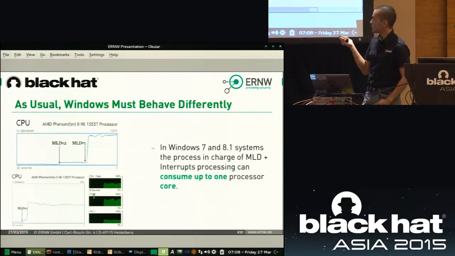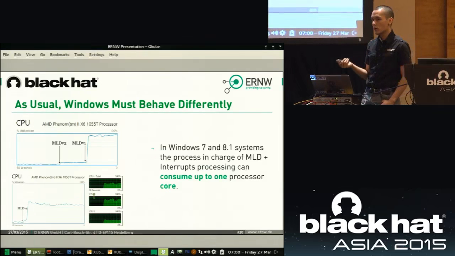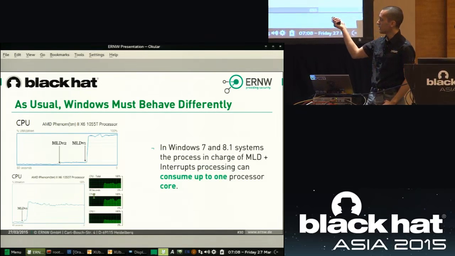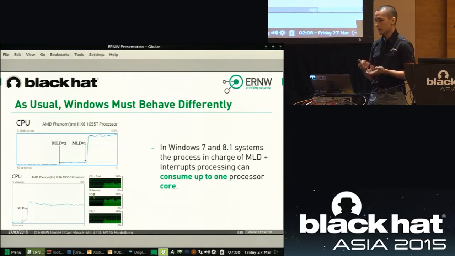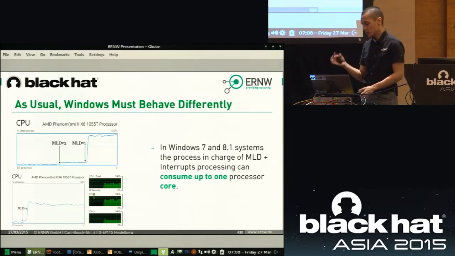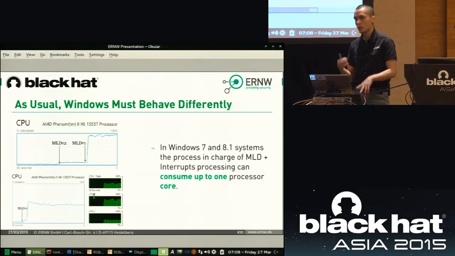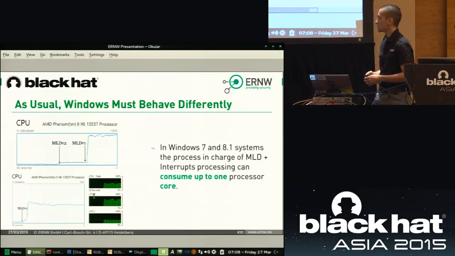The same with this scenario: once we started triggering interrupts on the Windows side via MLD version 1 queries, the system started becoming unresponsive, and we did a short analysis of why the protocol was behaving that way and what was causing the CPU consumption.